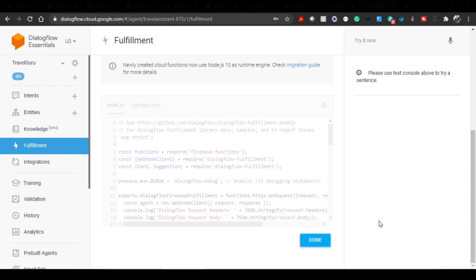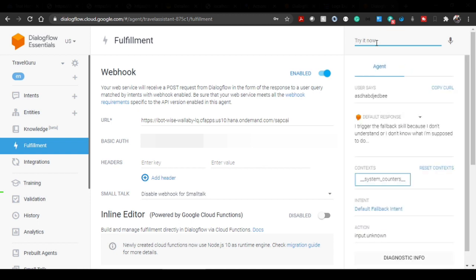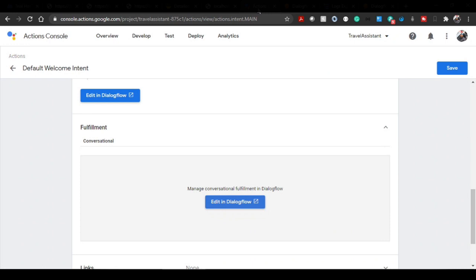We had a testing flow for our SAP CI, to see whether my intent is being triggered or not. Here as well I can write anything because it doesn't matter. Anything I try other than your end of conversation will basically trigger my fallback intent, which means it will try to call the webhook. If I put in the proper value, then obviously my Node.js application which we just deployed will be able to get the data back. So now to test this bot, eventually we have to go back to this actions console again.